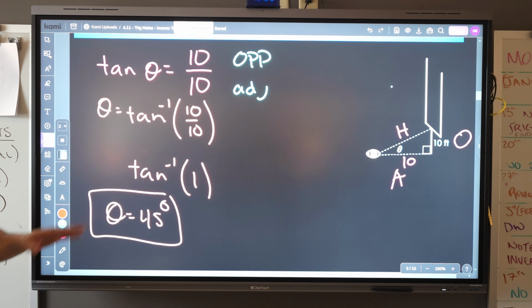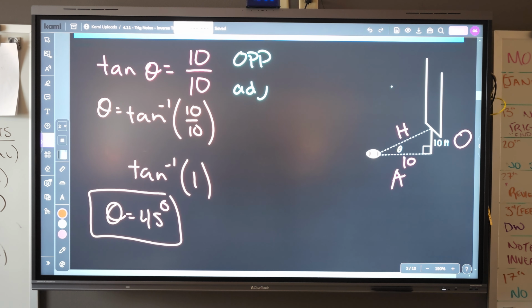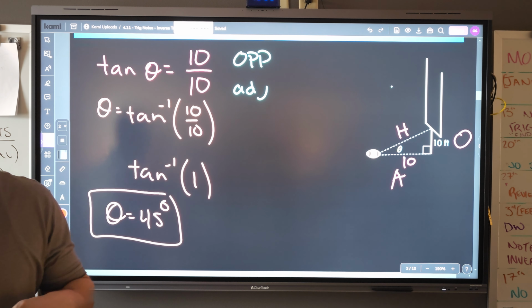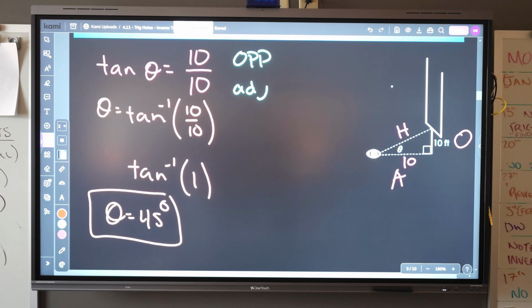Now, we have to get problems that work out nice like this for no calculator, but that's how the test one will be, where you don't need it. So that's how you do it with the unit circle. Questions, guys? Okay, so that wraps up